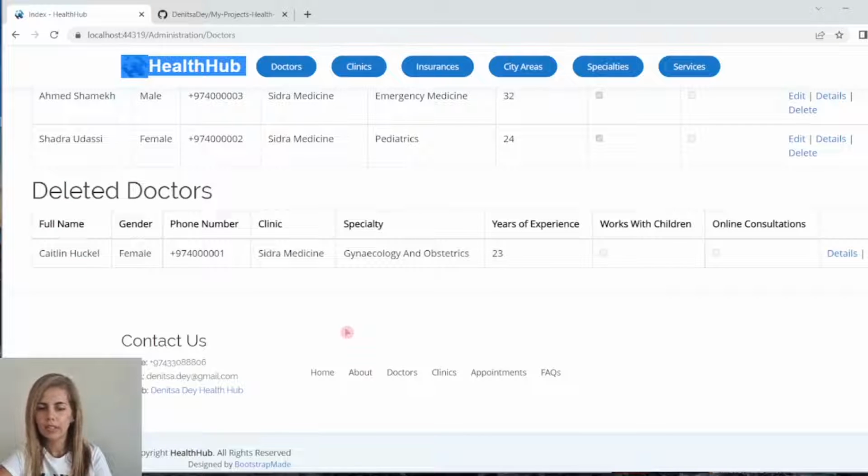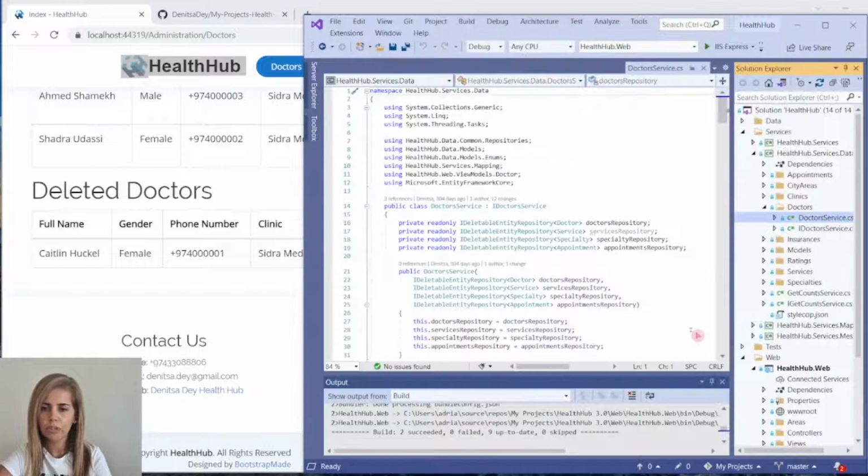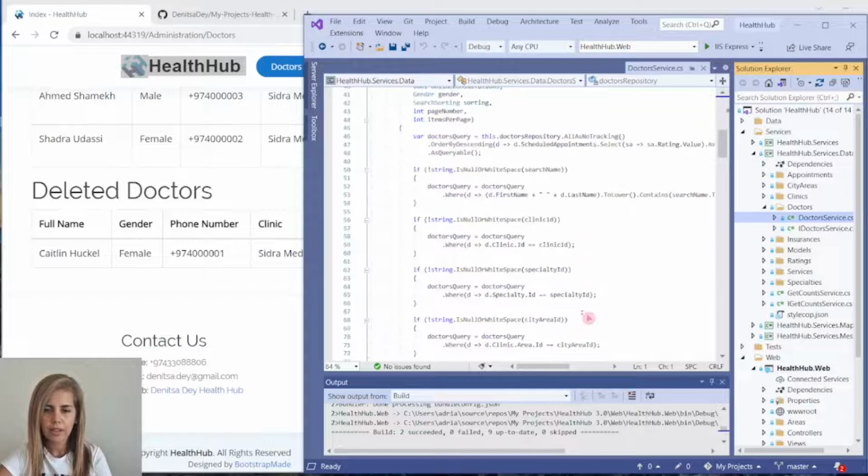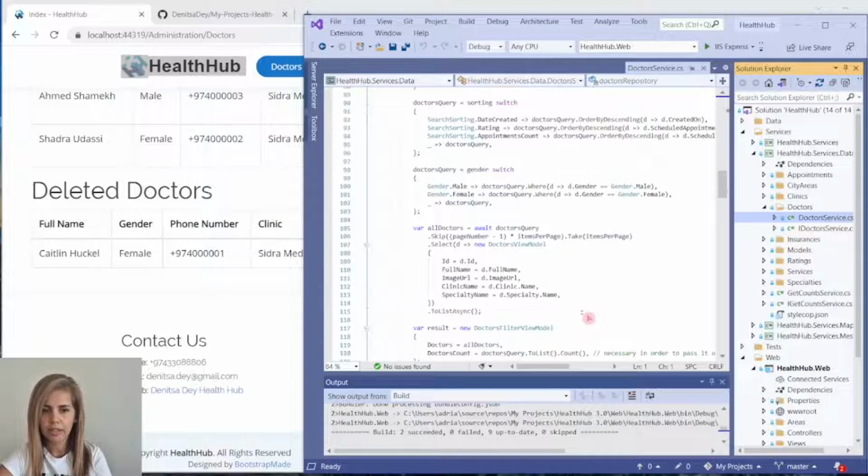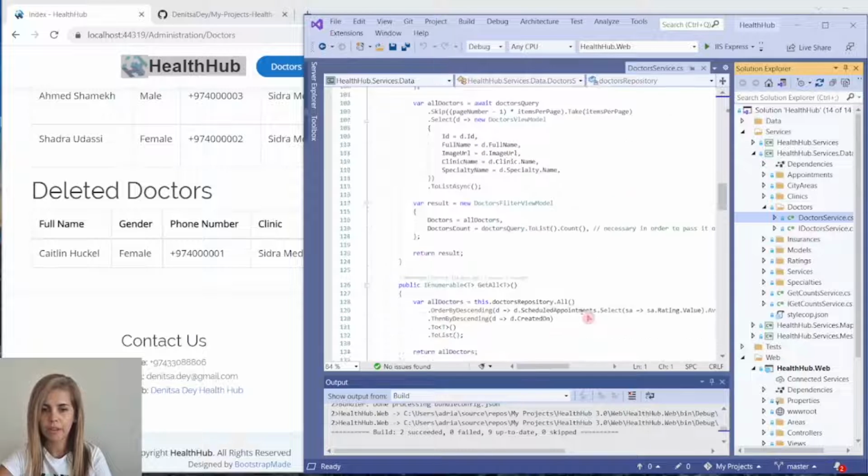Now this is done using the iDeletable entity repository that I have mentioned earlier. And if we go to the code and to the doctor services, here we can see we have injected iDeletable entity repository for doctor. And thanks to that,